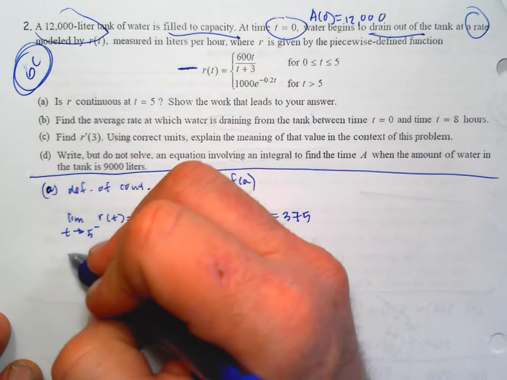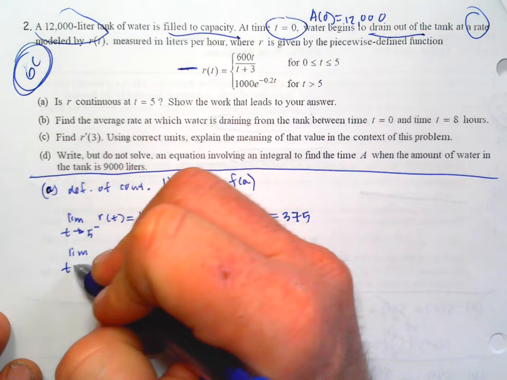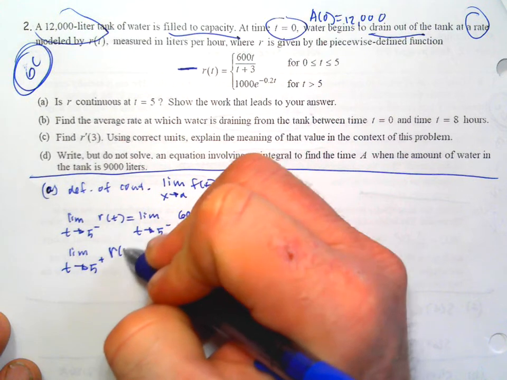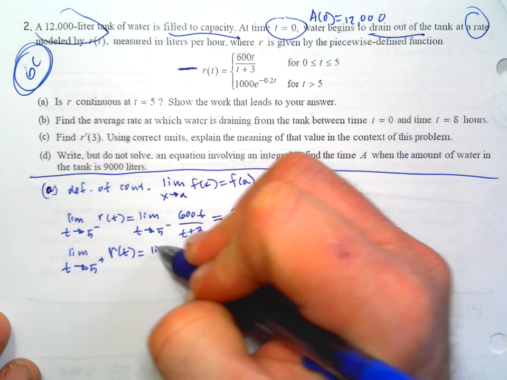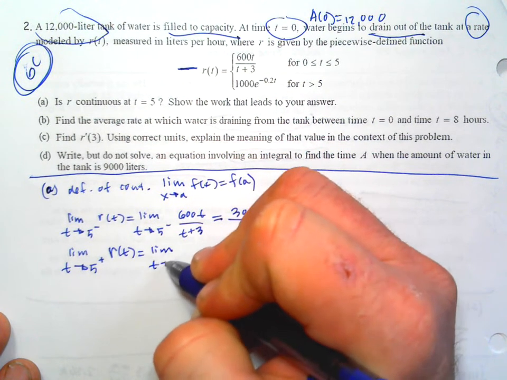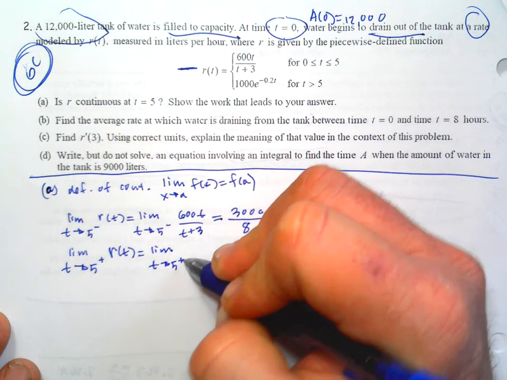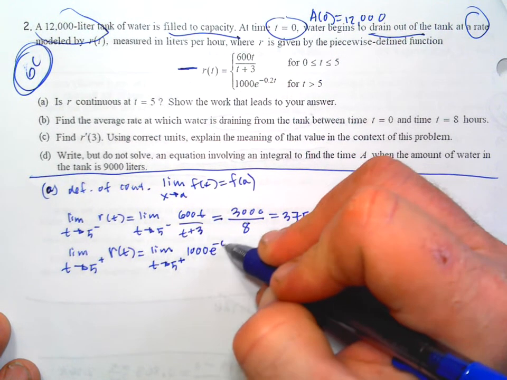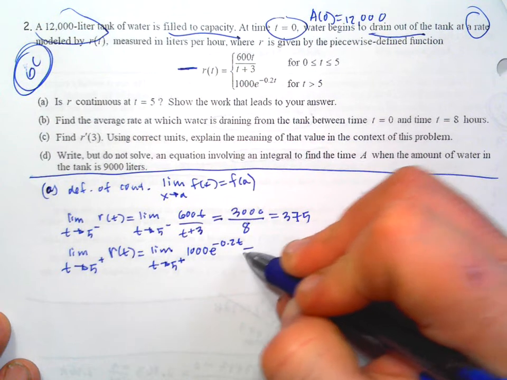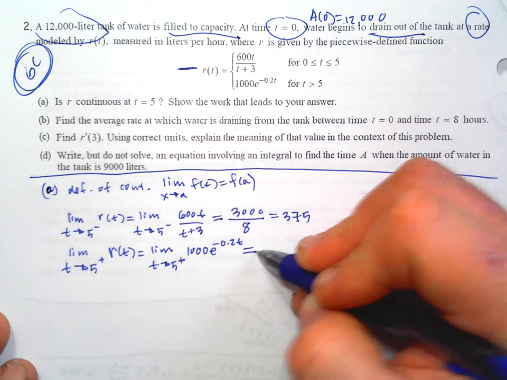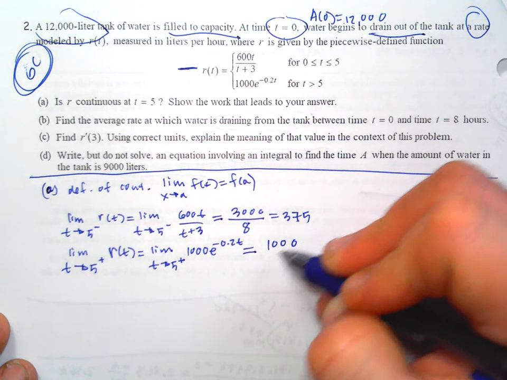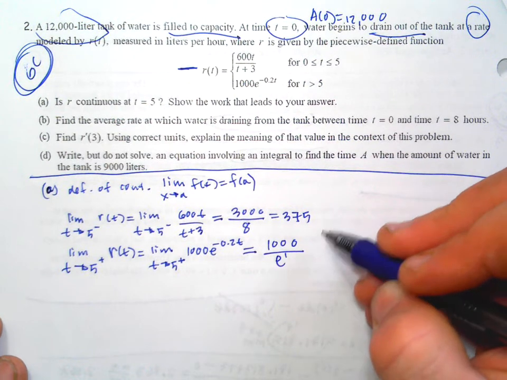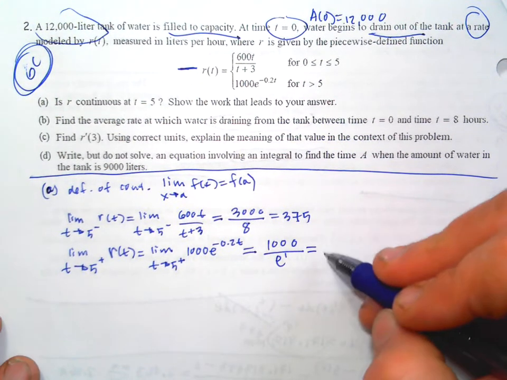Okay, so then we're going to take the limit separately from the other side, 5 superscript plus, so that means from the right side. We're going to say limit as t approaches 5 plus of 1,000 e to the negative 0.2 t, and that's going to equal 1,000 over, now you plug 5 in here, it's going to be e to the negative 1, so e to the first in the denominator, and if you calculate that on your calculator, you get